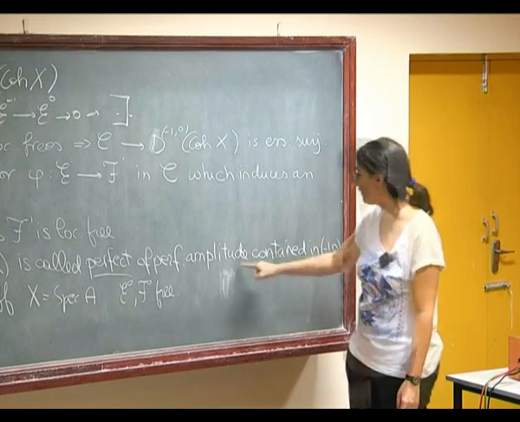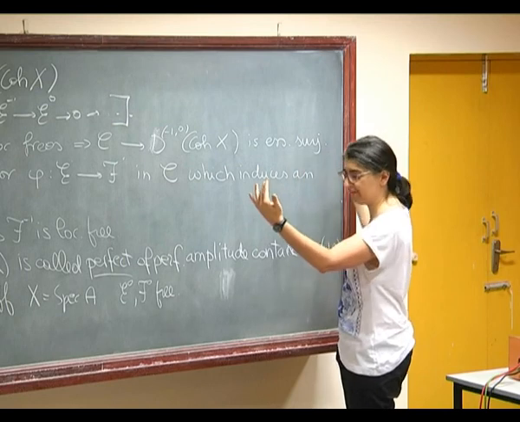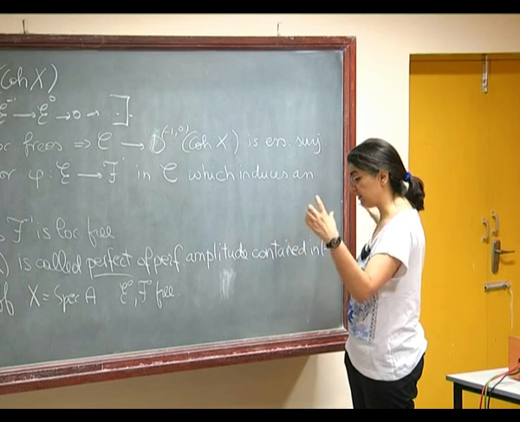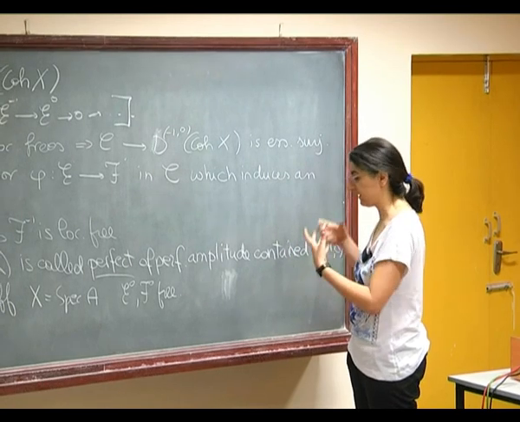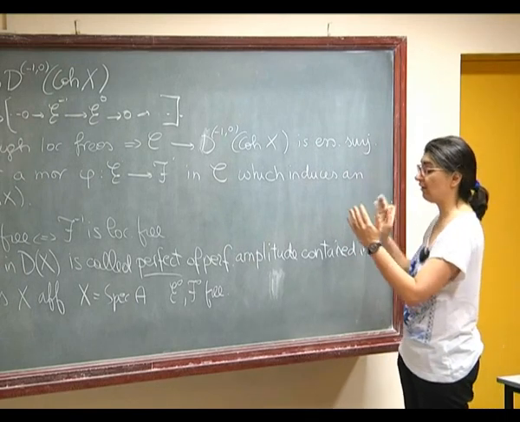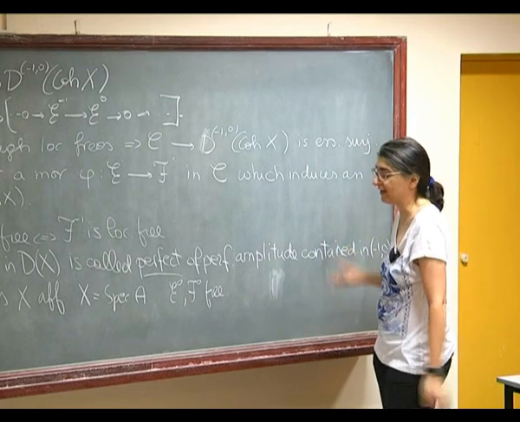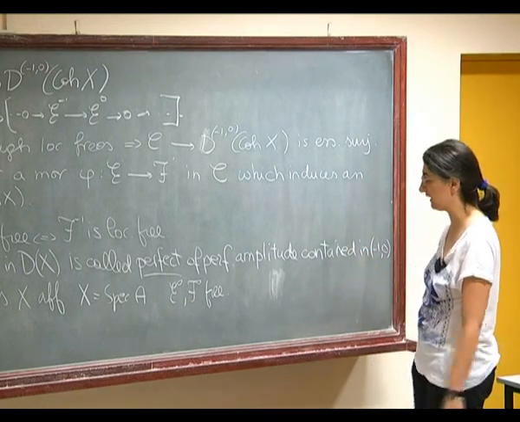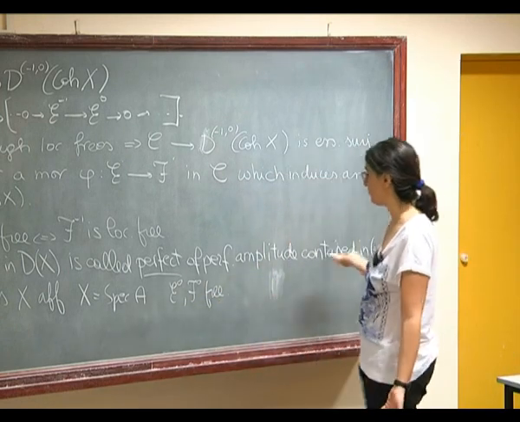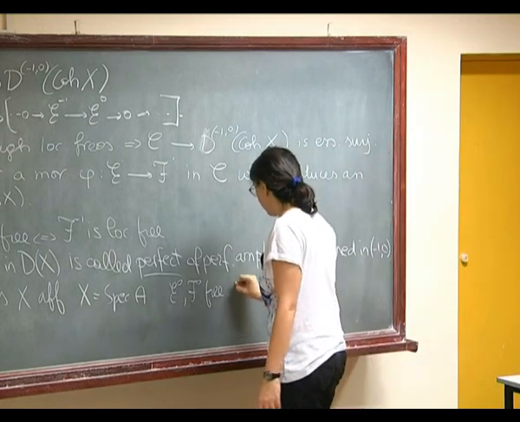So in general, perfect contained in [a,b], in an interval [a,b], like [2,5], means locally on X, I can write the complex, the restriction to every point has an open neighborhood such that the restriction is of this form, of a sequence of locally frees. In fact, if you take it locally, you can also take them free. So what you do is, if you take them free, then you may assume, again without loss of generality,